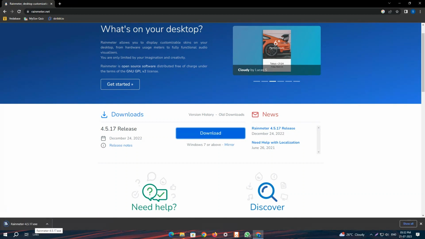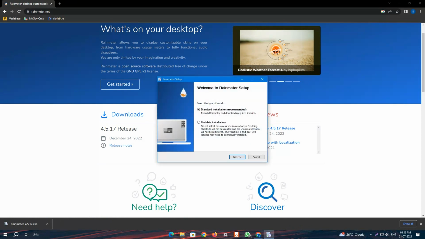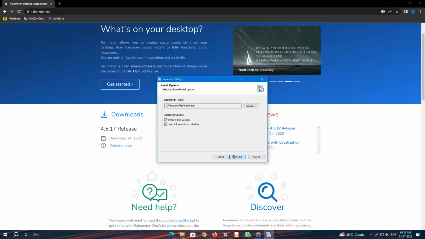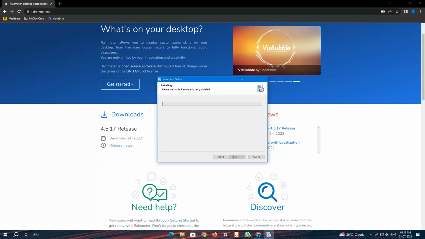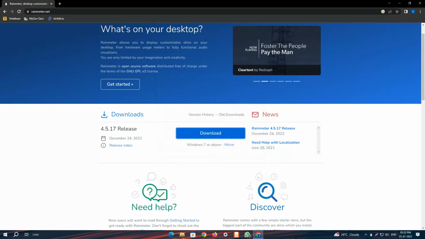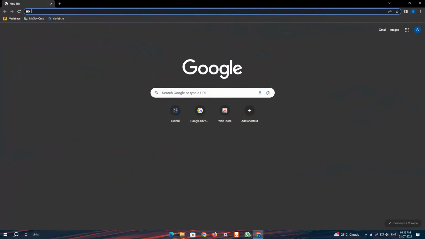So after downloading, just open it, select the language, standard installation, install 64 and launch it and install. It'll ask you for user account control, click on yes. Now it's finished, click on finish. Close this. Oh sorry, you shouldn't close it. First go, now search